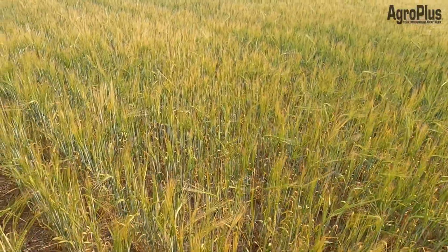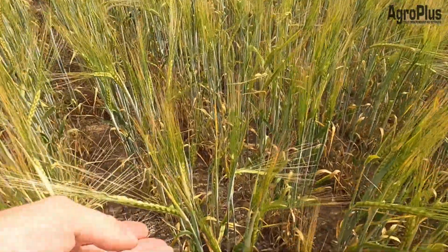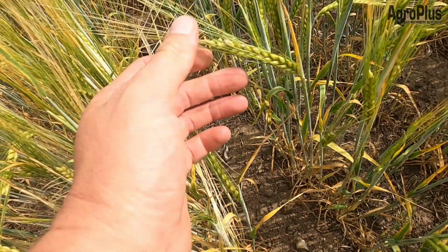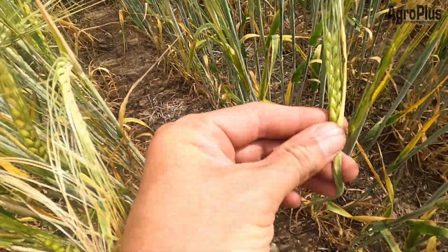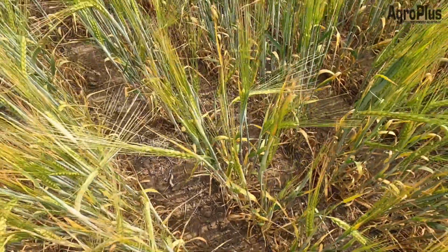Well, this dryland barley is continuing to struggle even after the little rain showers we got last week. It is at least filling. It's nicely into milk stage now, getting some content in these heads. A lot of them are stubbornly refusing to leave the boot, but that is to be expected in stressful conditions